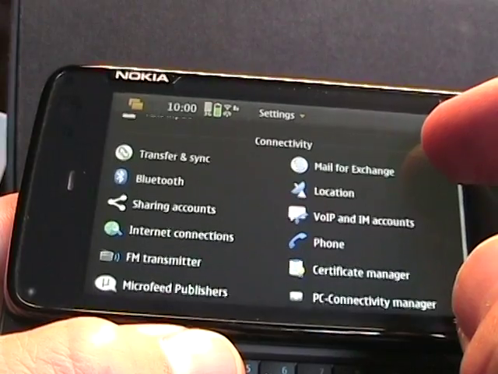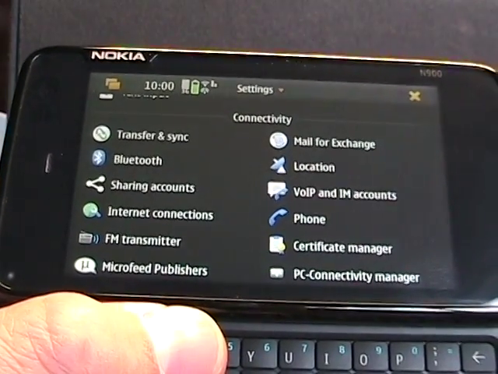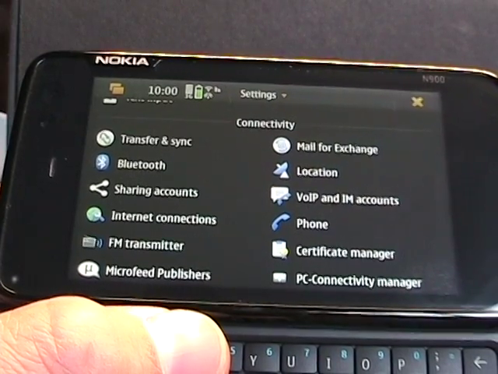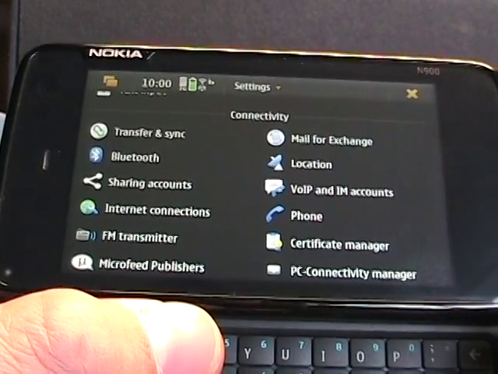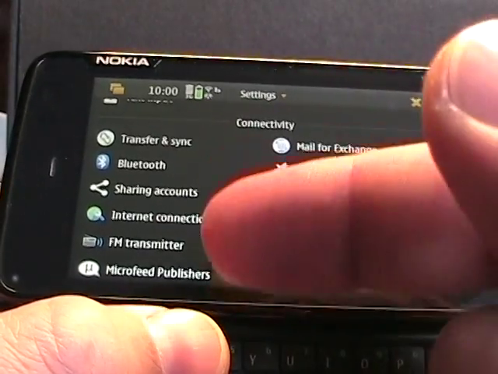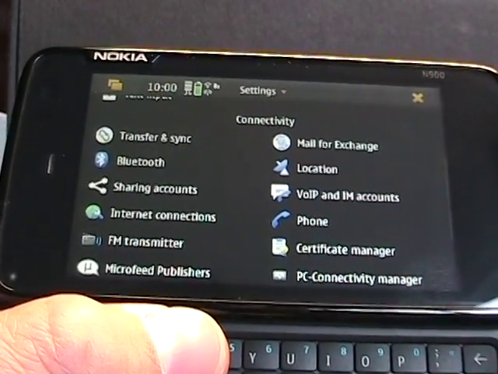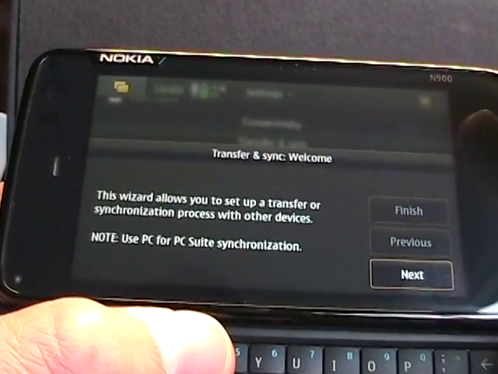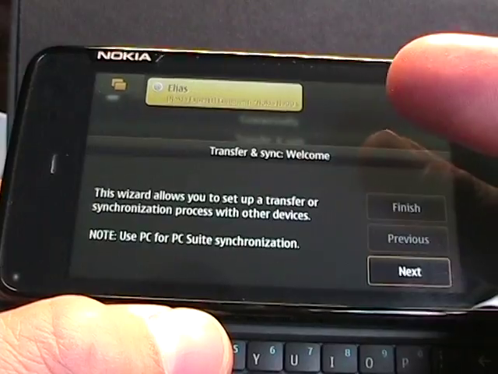Now we go down to connectivity, and there we have transfer sync, Bluetooth, sharing accounts, internet connections, FM transmitter, microfeeds, on and on and on. And so you can manage all your accounts through here. Say we go to transfer and sync. I actually have to say I haven't done much of this. This is a PC suite, and I don't actually connect via PC suite right now,